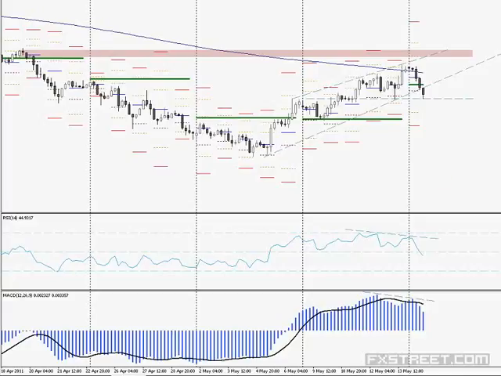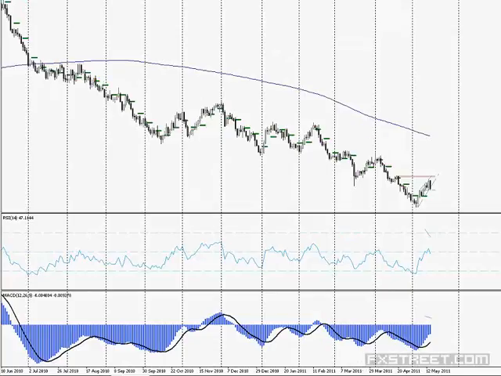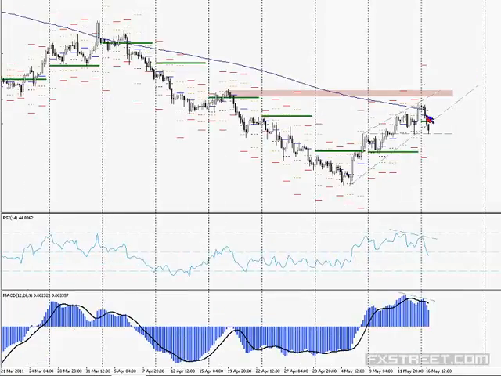Okay, if we minimize, let me stay on the 4-hour, and we see that wedge-like pattern here clearly in the context of a downtrend, and that means it's a continuation pattern. So an ascending wedge in the context of a downward trend is a form of a rally, a form of a correction, and thus indicating continuation of the trend, that is, in this case, downwards, once the